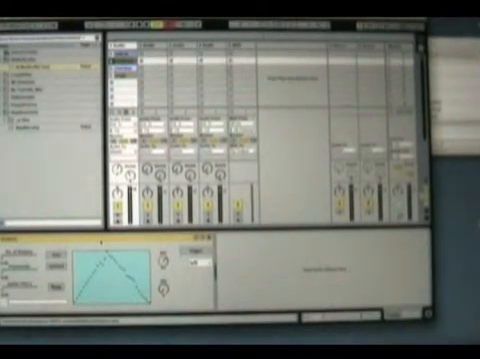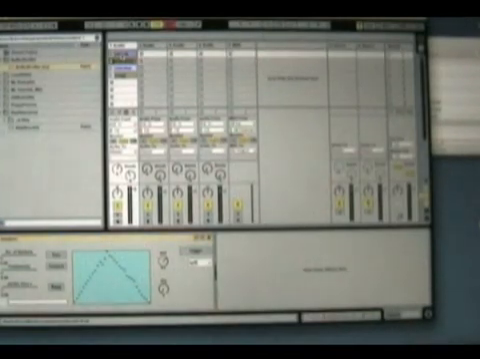Well, there'd be two ways that I would approach that particular problem. The first one is, is there anything that I can't do just in Live by itself? What do I need to have more? Why isn't Live's sample loading mechanism good enough for